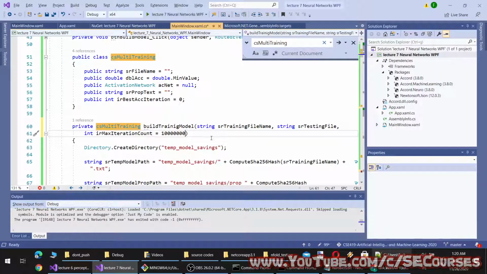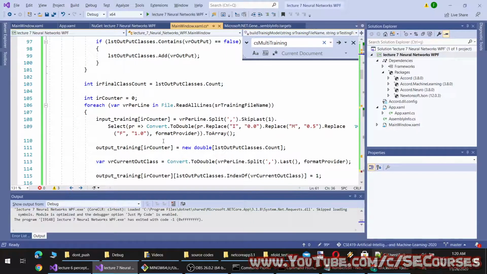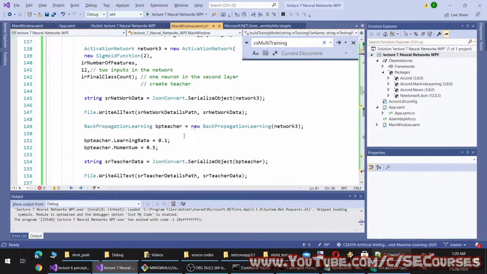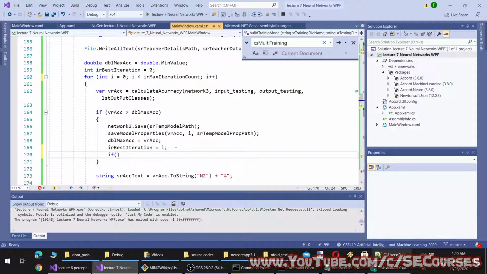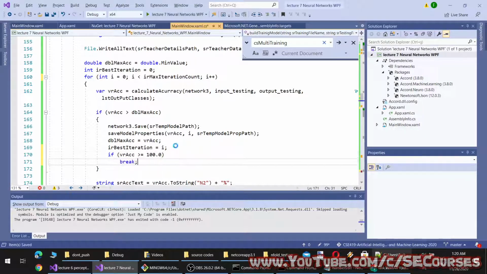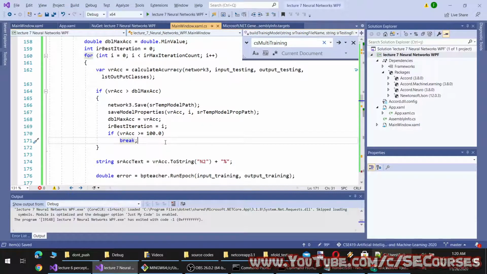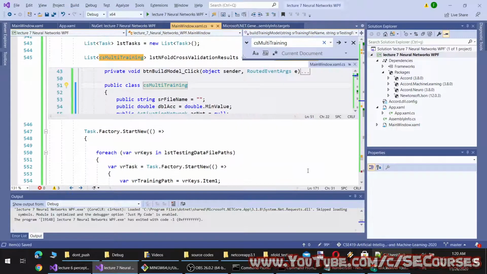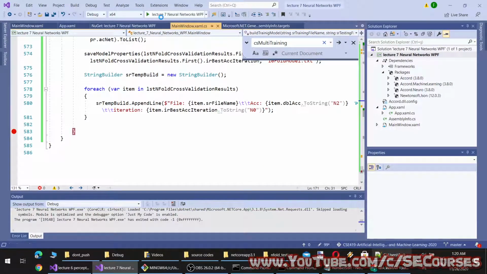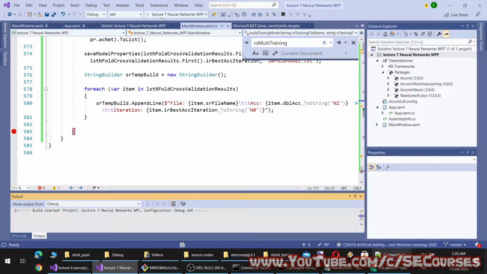Okay, and here. So the for loop will run like this, and if accuracy equals 100, break. So if we can reach the maximum accuracy, we will break it. Okay, now everything is ready. Let's run the application.